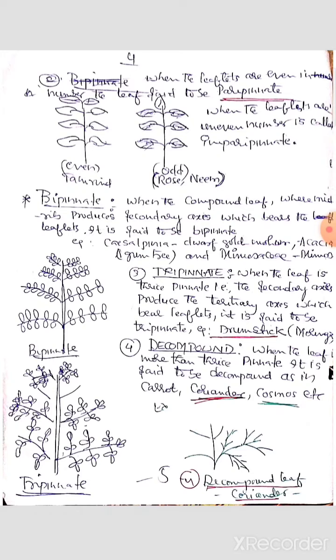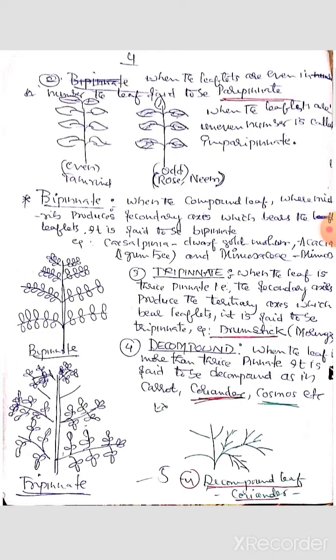When the leaflets on the midrib are arranged, they may be even in number or they may be odd number. Example, tamarind, where the leaflets are even in number; on either side of the rachis, leaflets are produced evenly. Such type of leaves are called paripinnate leaves, or even number of leaves. Second one, you can see in the neem or in the rose, where the leaflets are arranged opposite to each other but one odd leaflet is there,